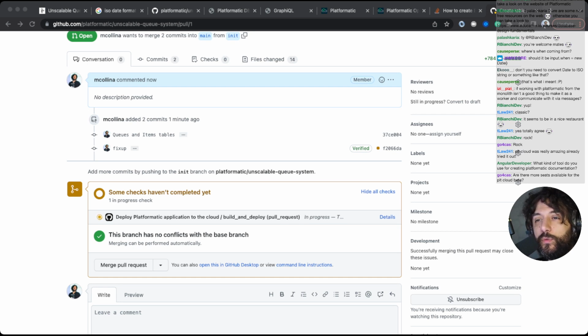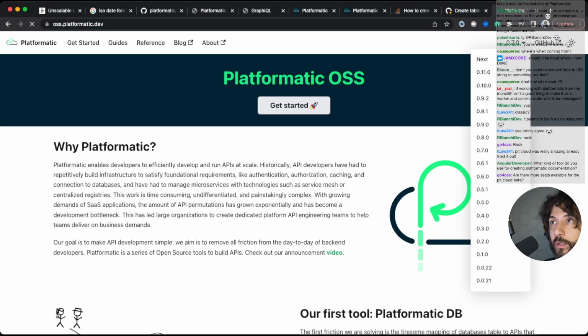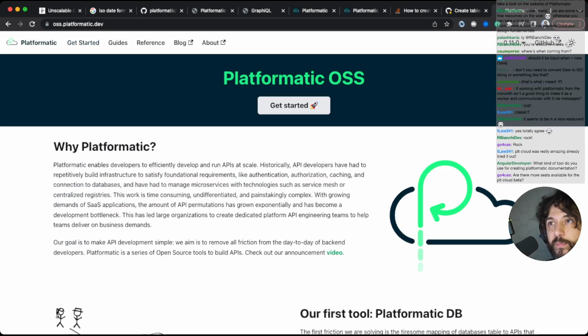Oh yeah, plenty. Please. What kind of tool do you use for creating Platformatic documentation? We use Docusaurus. It's a little bit of a complex setup for Docusaurus, but we use it. And you can find it over here. You see that there are multiple versions of it, of the cloud, of the stuff.